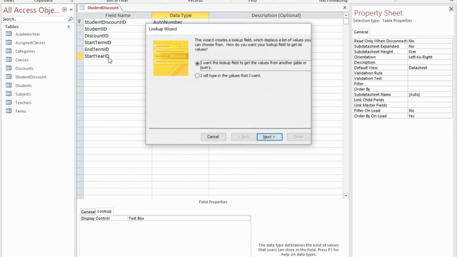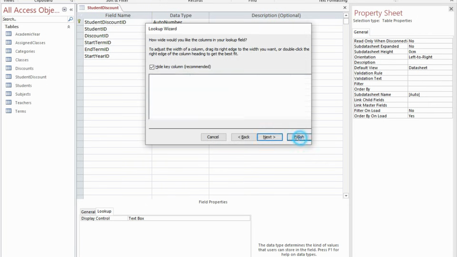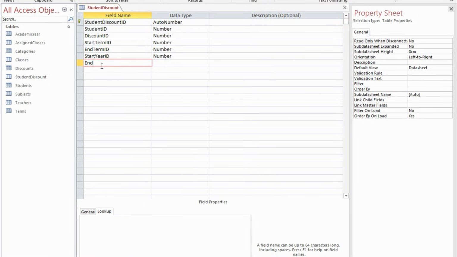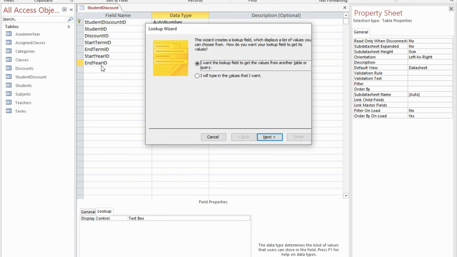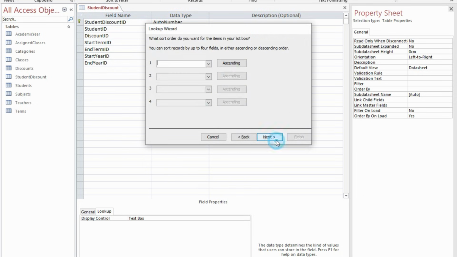So use the lookup, then academic year, add the academic year, next, finish, and the end year ID too, we are going to get it from the academic year. So want to add academic year, next,